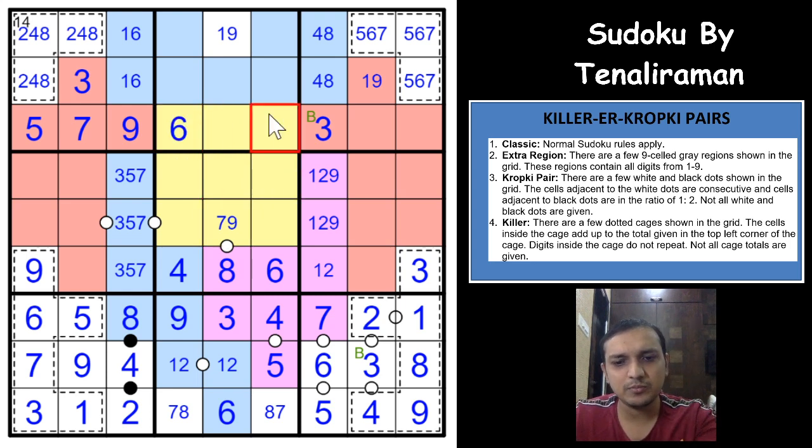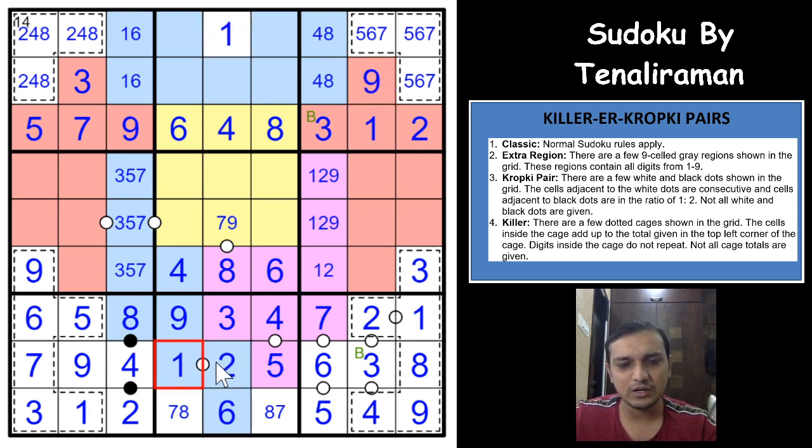Next the 8 would have to be here and 4 would have to be here. Simple, excellent. It's such a simple way to see the Sudoku, right? Such a simple way. And these 2 digits are 1 and 2 in any order, right? So these are 2 here, so this would have to be a 1 here. And this would have to be a 2, and this one gives you a 9 here and gives you a 1 here. That one gives you a 2 here and a 1 here. And this 8 gives you a 7 here and 8 here.